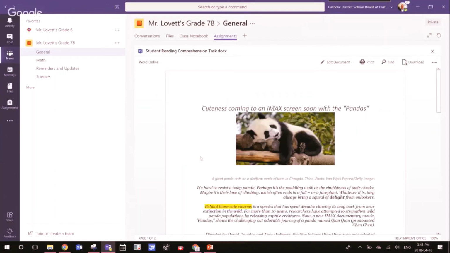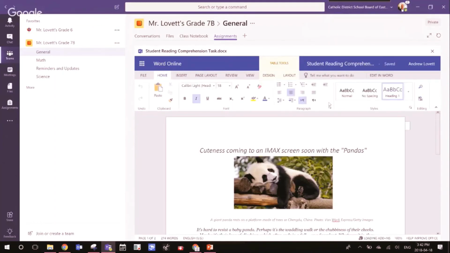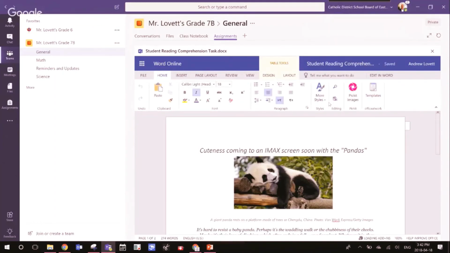And again, if we draw the analogy, Google Classroom was very popular and is still very popular. So if you've heard of the Google Classroom, our Microsoft Teams now is a lot like the Google Classroom. So students would go to Edit in Browser, and then you'll notice now up on the right-hand side here,